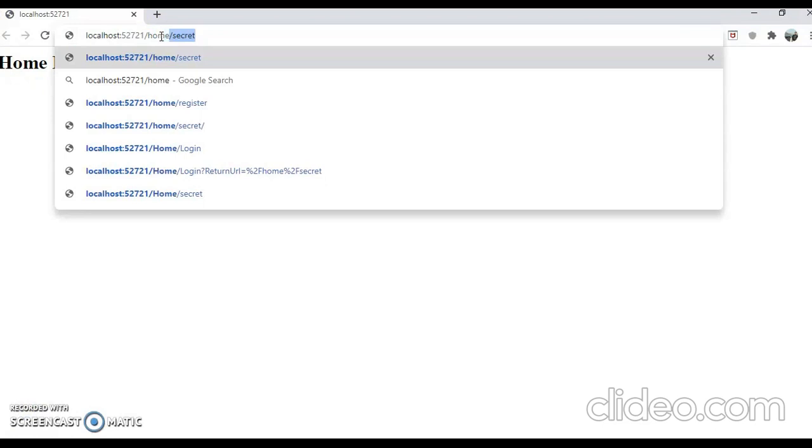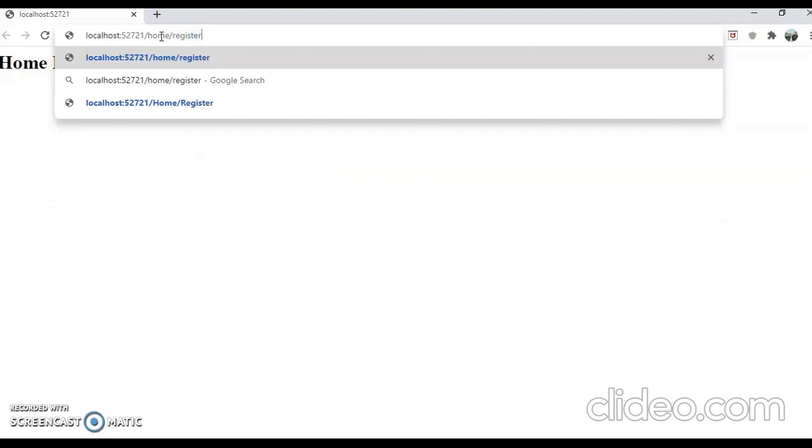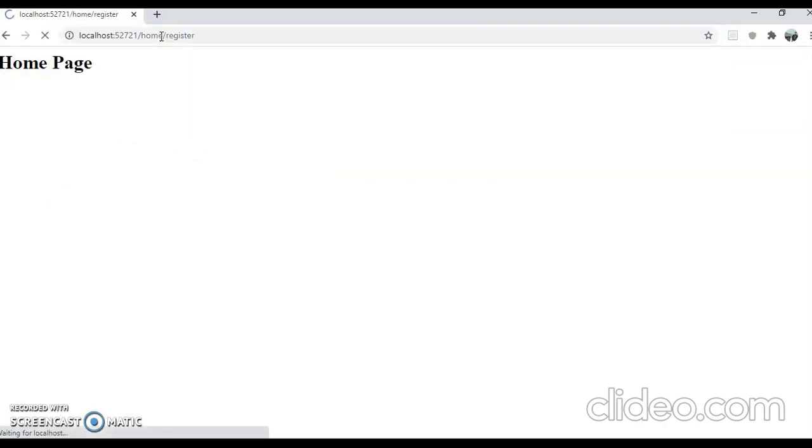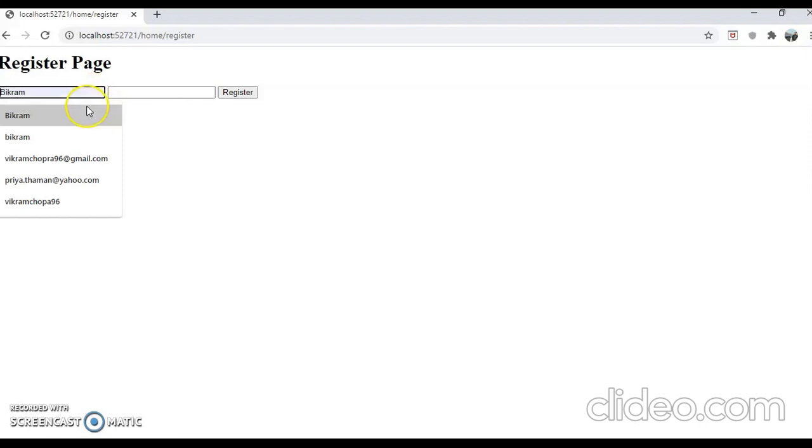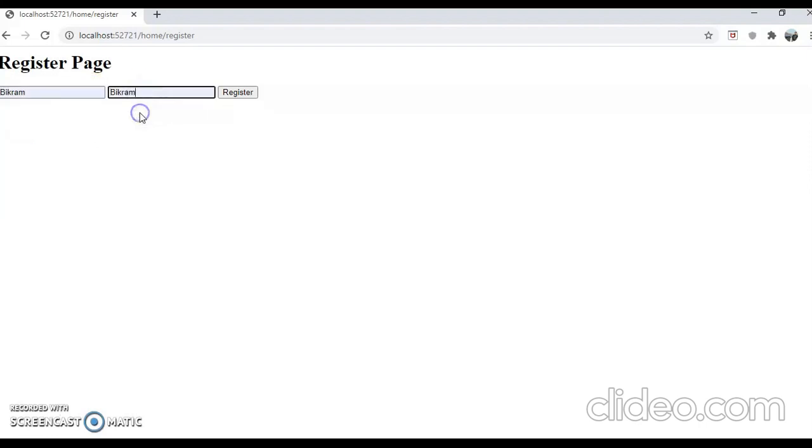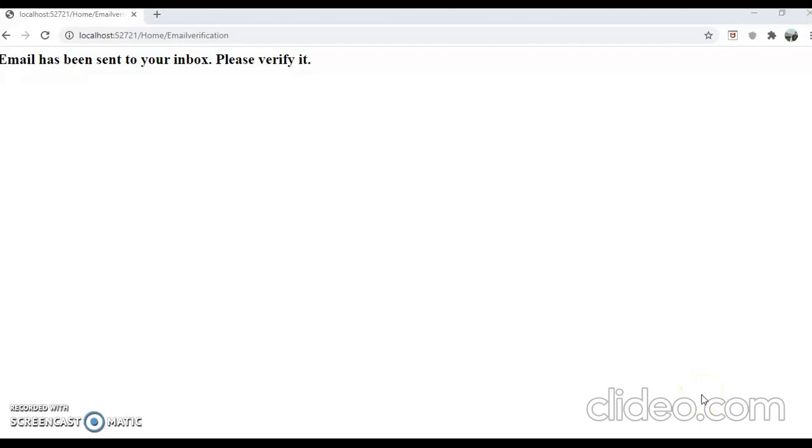As we run it, we will see that we got a registration page where we need to enter our credentials. Here, I have registered, and now a verification email will be sent to me. This is because of OAuth authentication. Now, yes, we can see that the email has been sent to me. We have to open Papercut for checking the email. I will verify this email, and let's see.